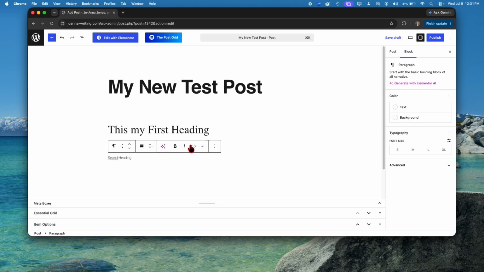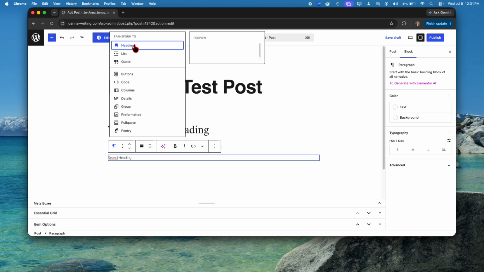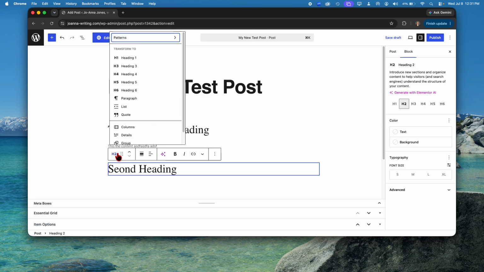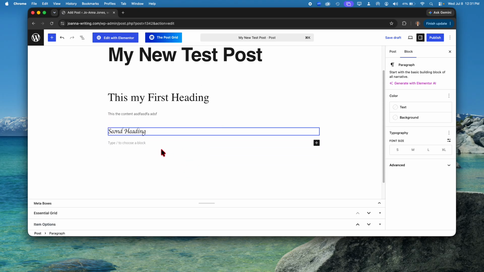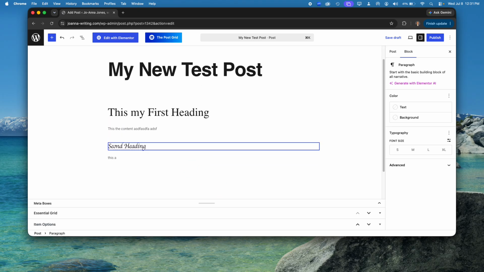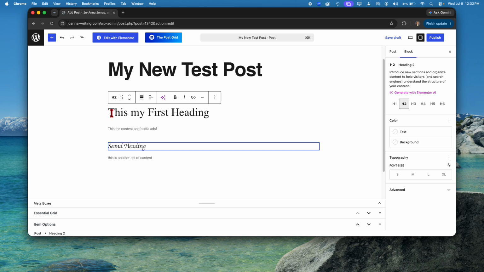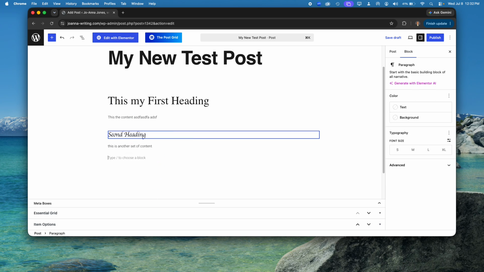We'll do a second heading. Change it to a heading, and we'll select heading 4, which is our cursive heading. Alright, you can also copy and paste content out of Word documents in here, and it'll try to format it the best it can with regards to headings and paragraphs. And the third